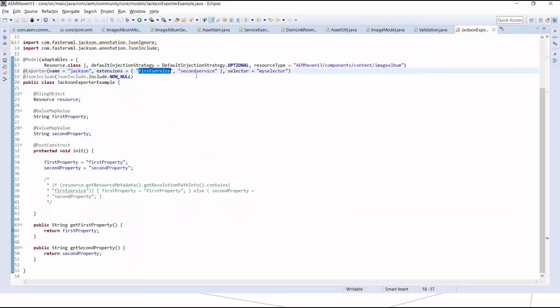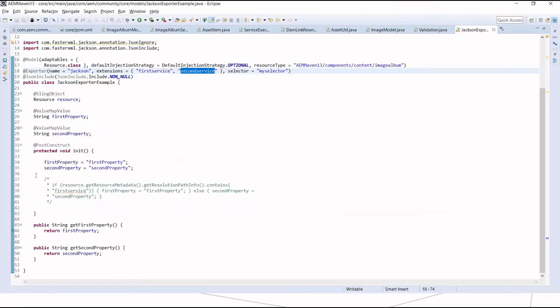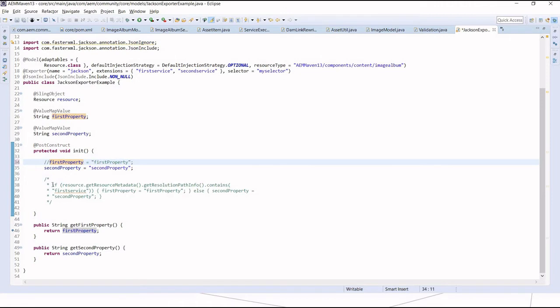So maybe I will try with first service, and yeah, it's giving me first property and second property as JSON output. Let me try the second one, and yeah, same output.